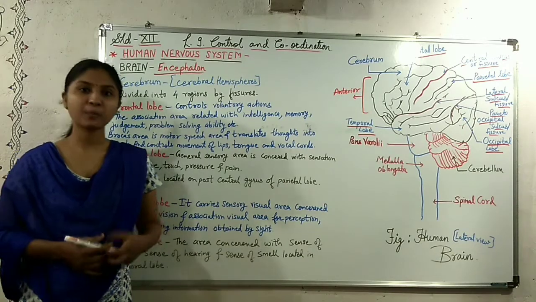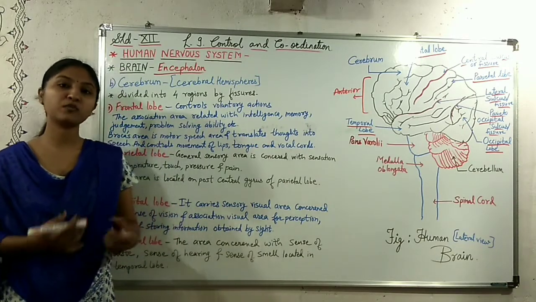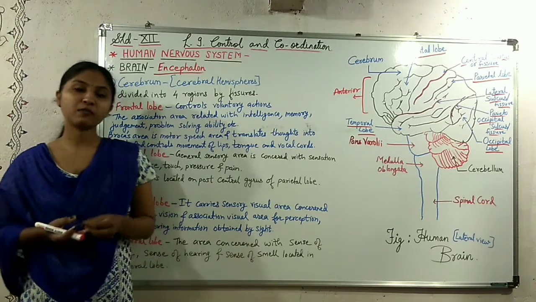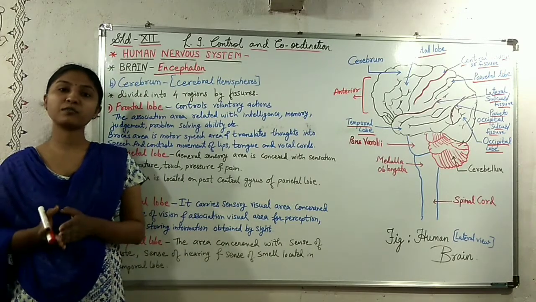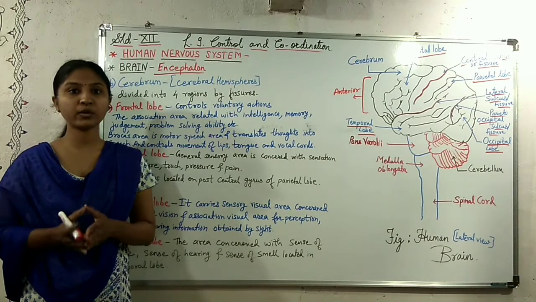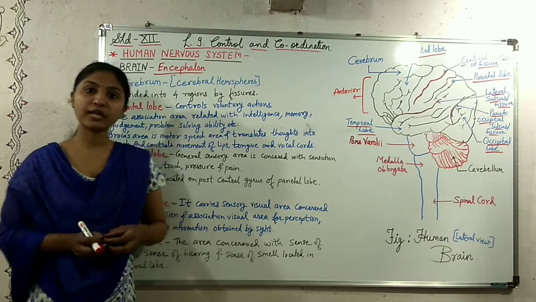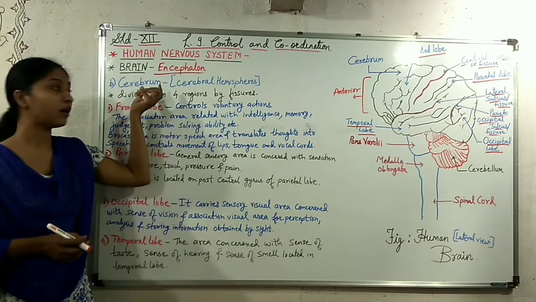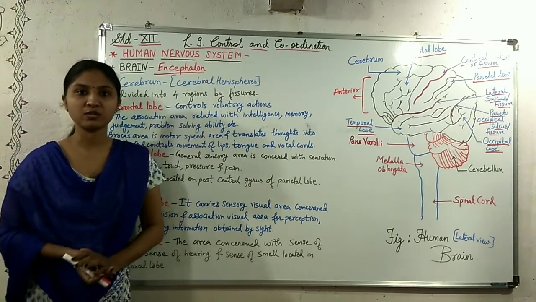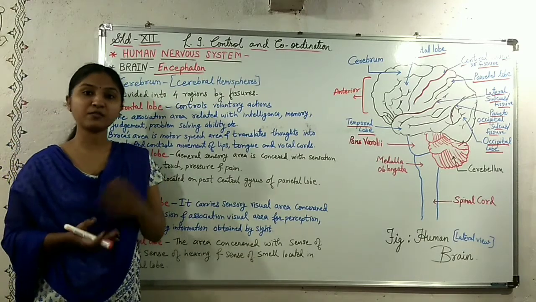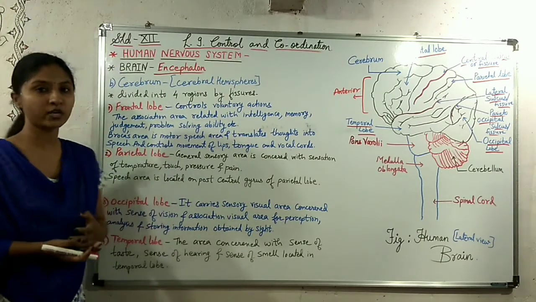So in the previous part we have discussed the first part of the brain, that is prosencephalon. We have also discussed that the prosencephalon is further divided into three regions. First is the olfactory lobes. Second we saw the cerebrum or cerebral hemispheres. Now we said that the cerebral hemispheres are divided into four parts or four regions.